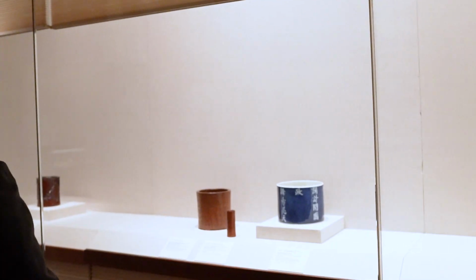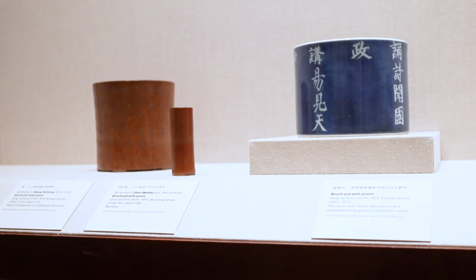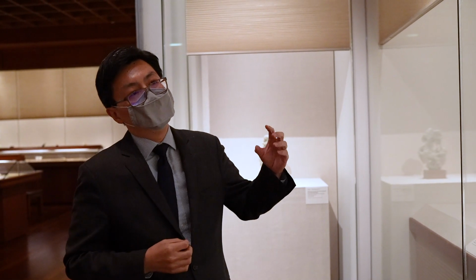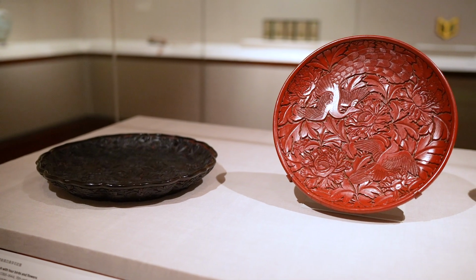And also you will see a lot of calligraphy. Those literati scholars sometimes practiced art by themselves, so they inscribed and carved on bamboo, wood, all kinds of things. So for those private workshops or literary objects, they had more freedom to create all different types of works. And if we look back, here in the center case,